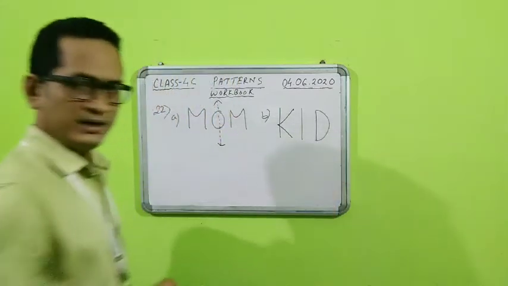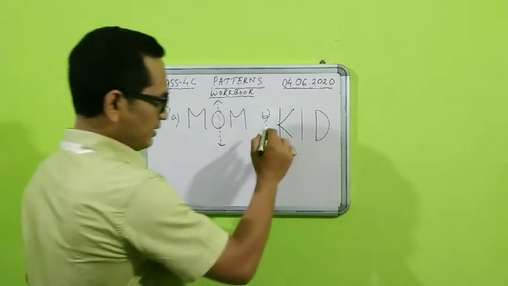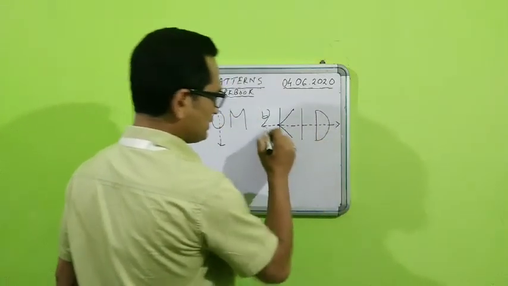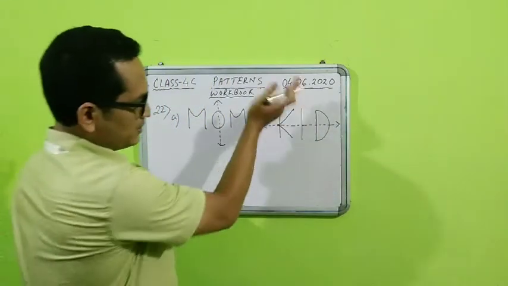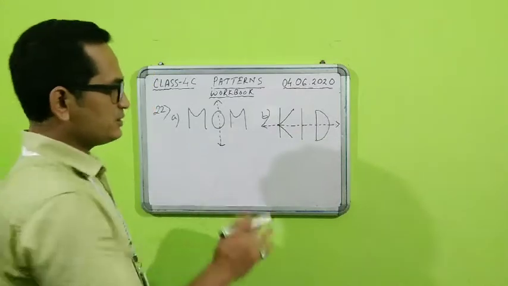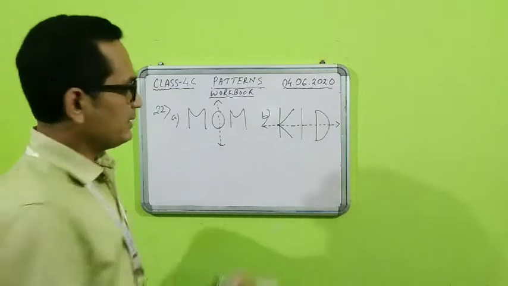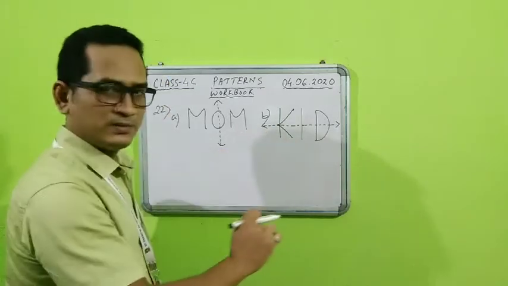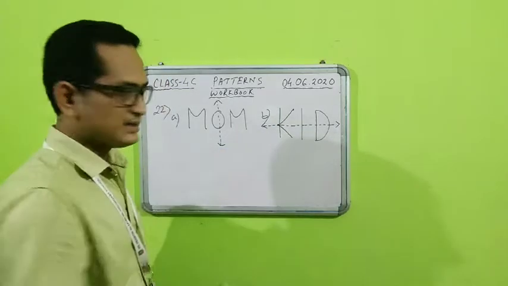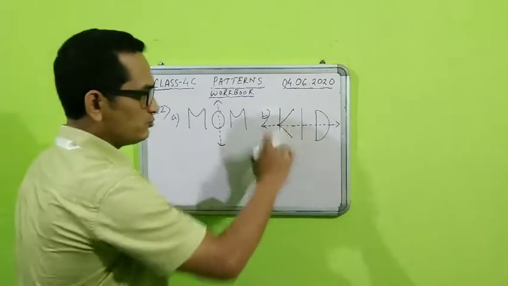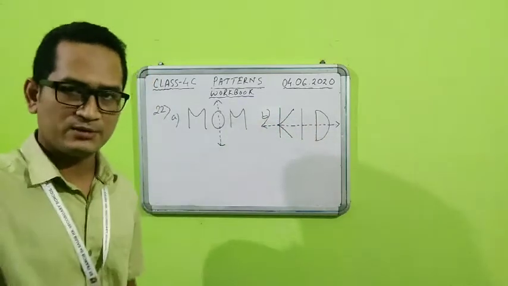K-I-N-D. Now here, I have to draw the line of symmetry horizontally like this. Now you see the upper part and the below part, they are the same. Actually students, it depends on the letter, on the alphabet, because K has a horizontal line of symmetry, I can do it horizontally, and E also we can divide horizontally. So that's why this whole board will have a horizontal line of symmetry.